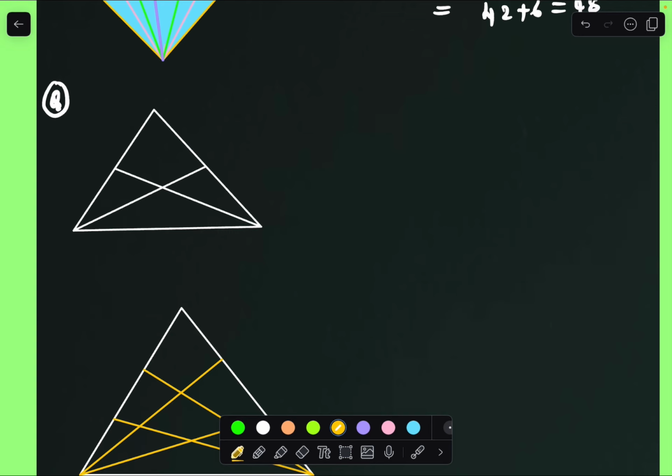So here from two vertices, one slanting line we drew, right? If from two vertices we are drawing an equal number of slanting lines from both the sides in such a case, how many triangles can we get? We can check it once. First, one unit triangles we are counting. How many one unit triangles will we get? Here 1 2 3. So 3 one unit triangles we are getting.